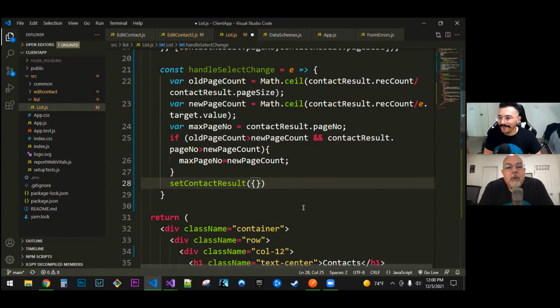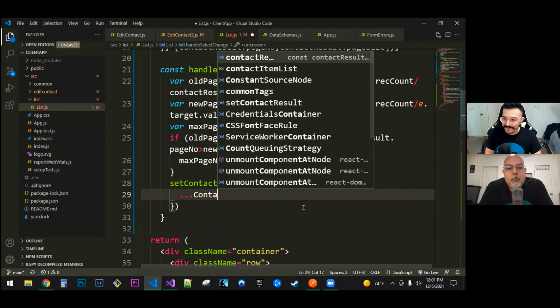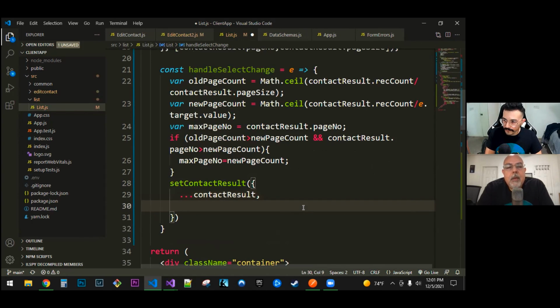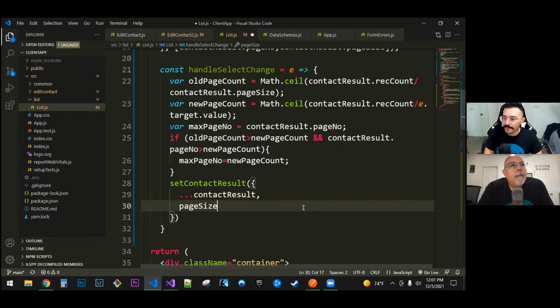And so in here, we're going to go ahead and start a new line, and we're going to say contact result. So we want our old contact results, comma, and then new line. And we want to set the page size colon e dot target dot value, comma,